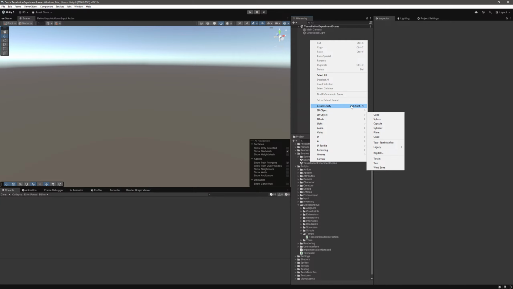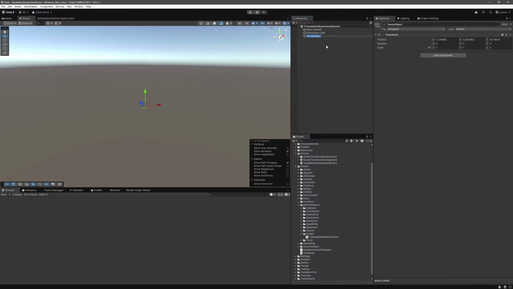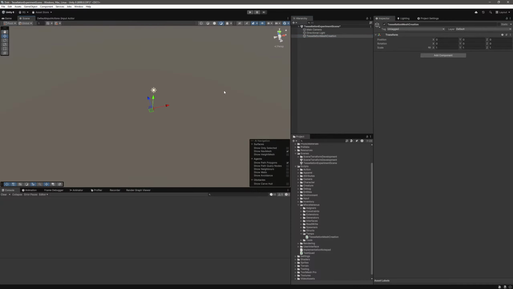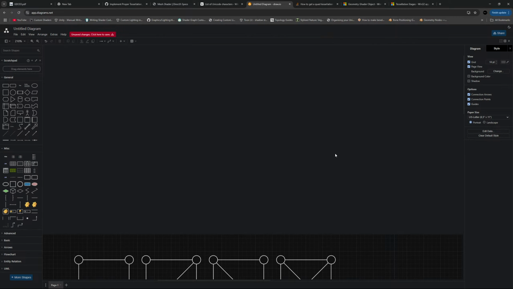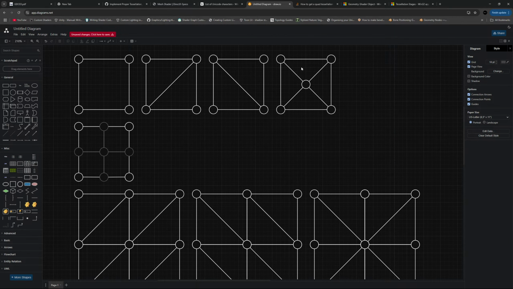I want to create... Yeah, let's create an empty tessellation mesh creation. Let's put it at 0. If we take a look at this one again,